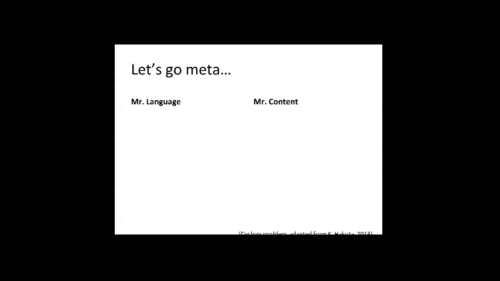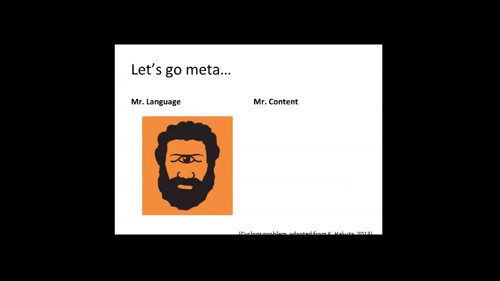And I think early on in my career, I don't think I really understood that very well, and that's where I feel like Kenji Hakuta's metaphor is so strong. So I'm going to introduce you to myself circa 2005, and I'm this handsome Cyclops here on the left, Mr. Language. And I think Kenji's metaphor basically says that Cyclops, if he were a baseball player, would indeed be a very terrible baseball player because Cyclops lacks the ability to